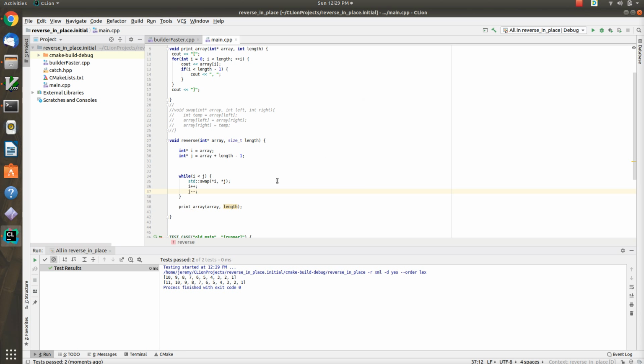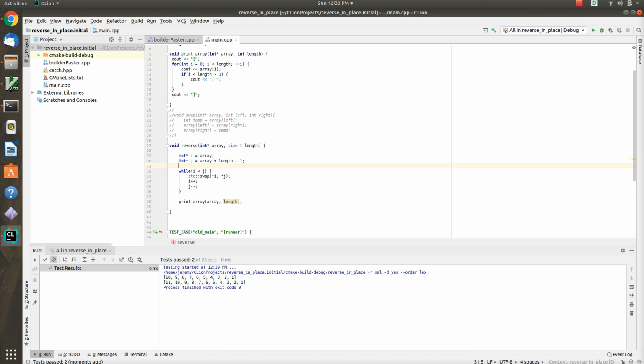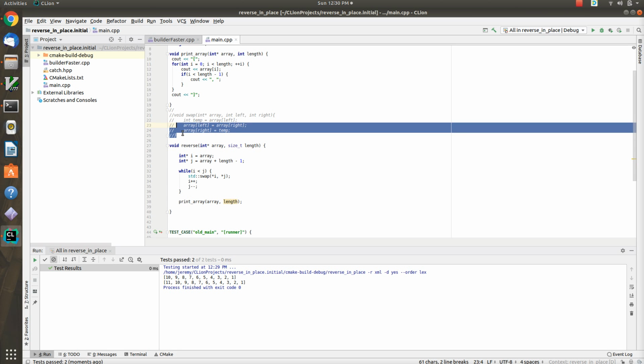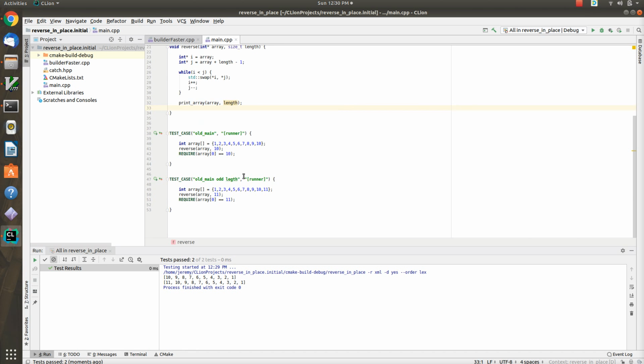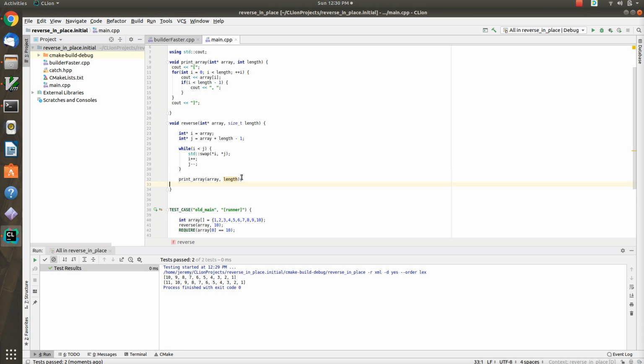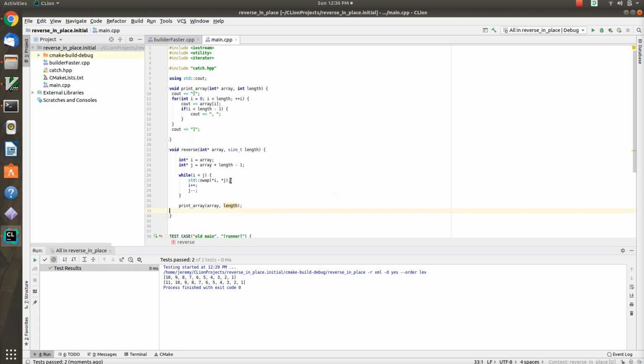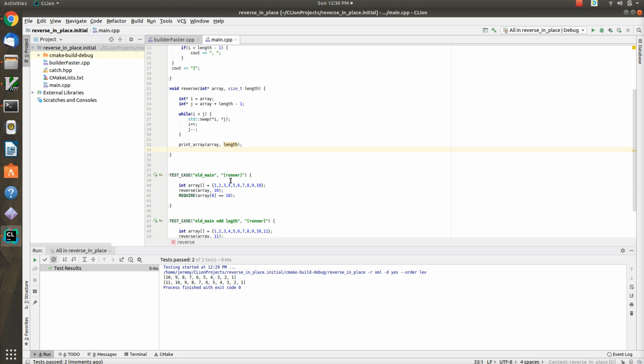And our code works. And we've made it a little shorter, a little simpler. So this is still very C style, but we've erased a custom function that was duplicating functionality. We now are depending on a standard library. We're swapping the values in those 2 positions. And it works for both the even case and the odd case. So that's pretty nice. So now we have a choice. We can say, this is pretty good, this is done. Or we can keep going